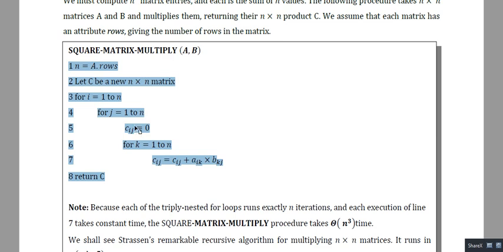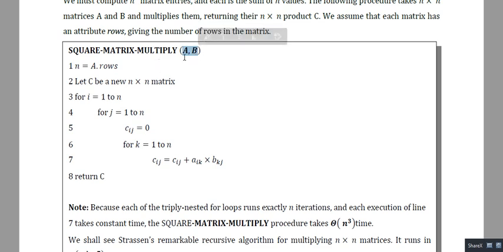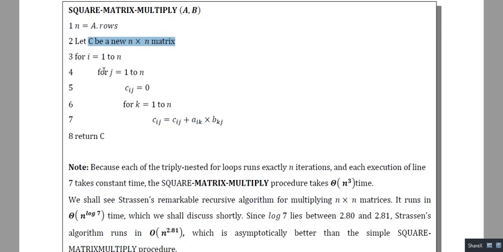You might have studied this in your programming C course, right? So let's say A and B are two square matrices of order n, meaning the dimension of A is n cross n, and the dimension of B is also n cross n. So let's see the resultant matrix, which will store the multiplication result of A and B, right? And this algorithm you know from your programming C course. Cij equal to Cij plus Aik into Bkj. Okay, so this is how we will perform our multiplication.